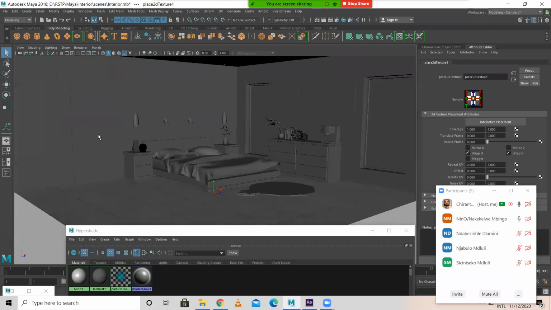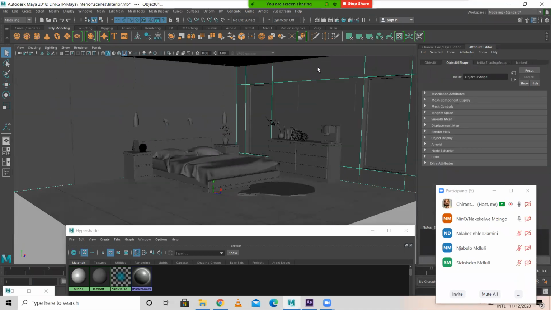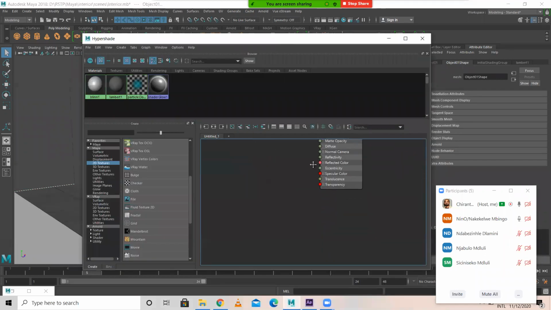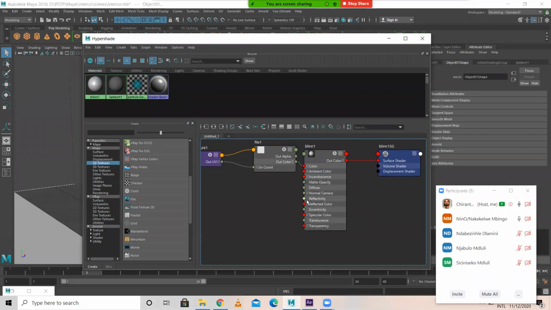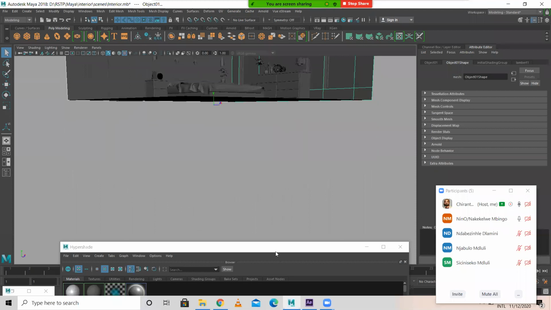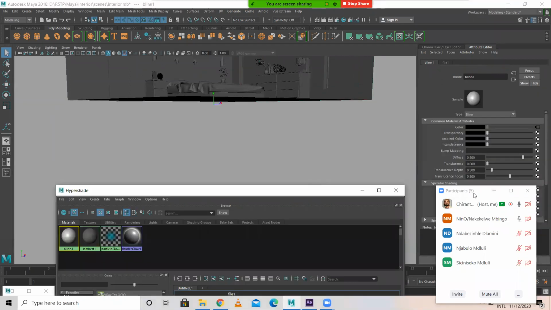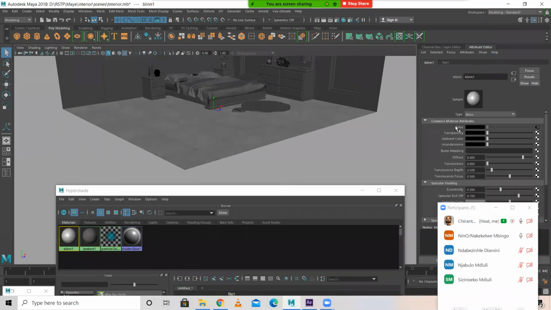Fine. Now this is the wall and this is the wall. I want to apply a wall color, means just one simple material. For the wall, I don't want reflection. For the floor I want reflection. So what I'll do, in hypershade, select this blend. See, already a file is applied, that is why it is looking like this.